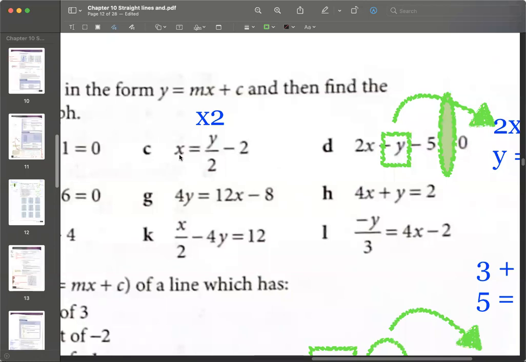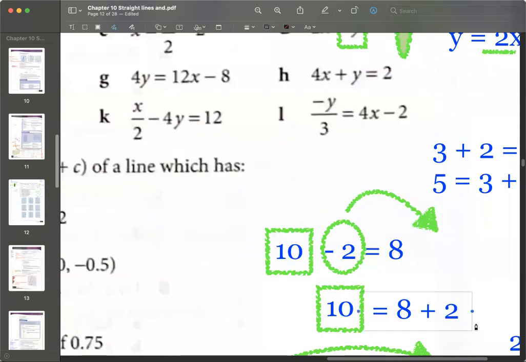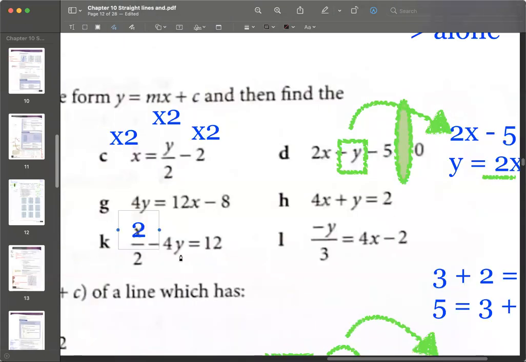Both are the same. Both are equal to each other. So for question C, there is this over 2 here that I need to remove. So I need to multiply by 2, because half times 2 is equal to 1, correct? If I multiply by 2 here, everything also gets times 2. So times 2 here, times 2 here, and times 2 here. Everybody will be multiplied by 2. When I multiply it, I get 2x equals, the y over 2 multiplied by 2 becomes y